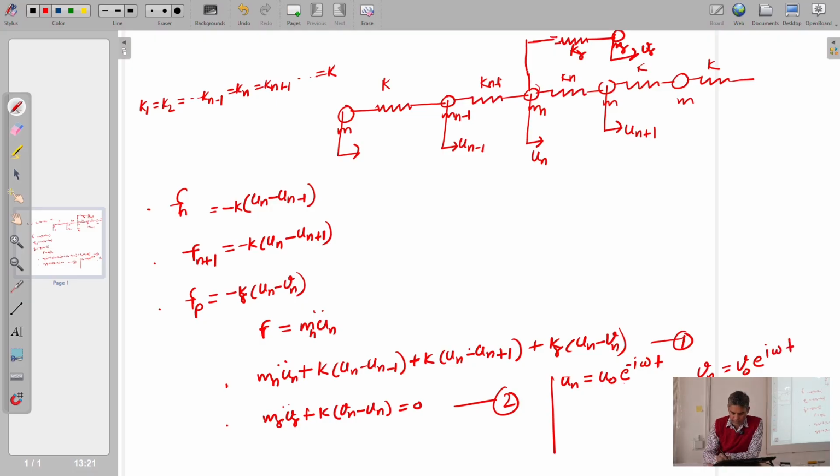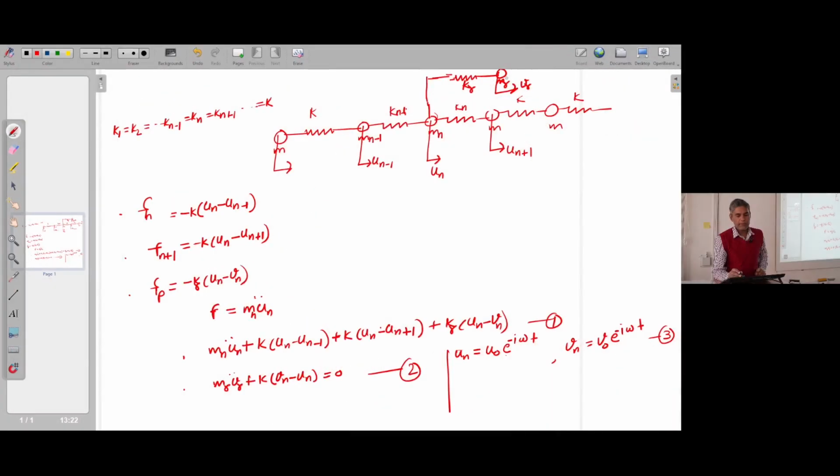In fact, I should use a minus sign. Now, this solution is for the individual masses, right? For example, if I want to know the response of this mass Mn and the response of Mr, I can have it. But I want to have a general equation that will apply for all,